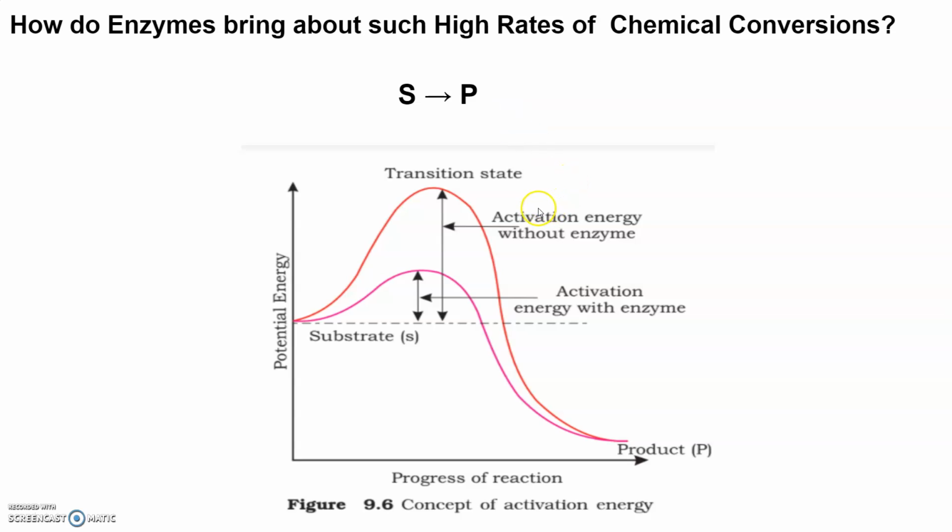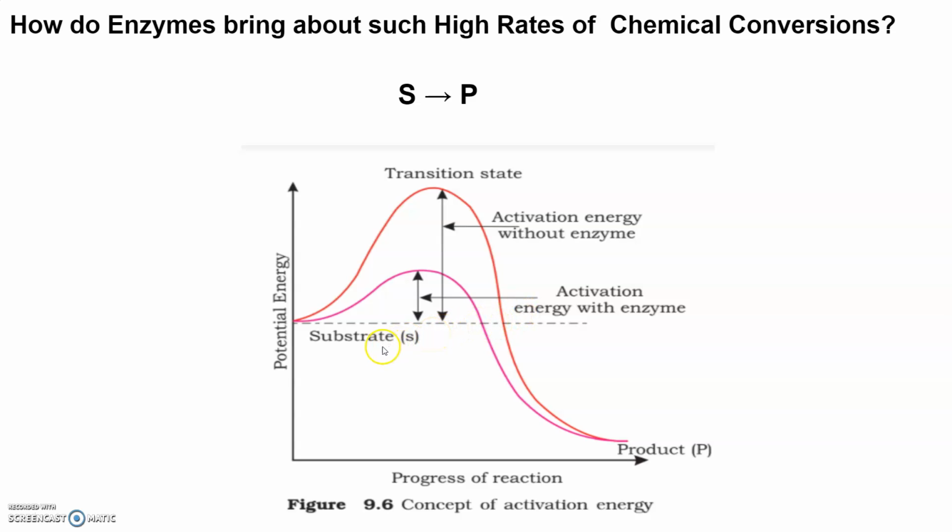So we see that the structure of the substrate gets transformed into a product, and the pathway of this transformation is called the transition state. There are many more transition states between the stable substrate and the product. We find that all other intermediate structures are unstable, and stability is related to the energy status of the molecule or the structure.